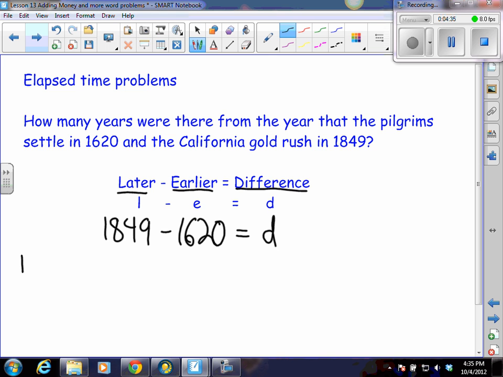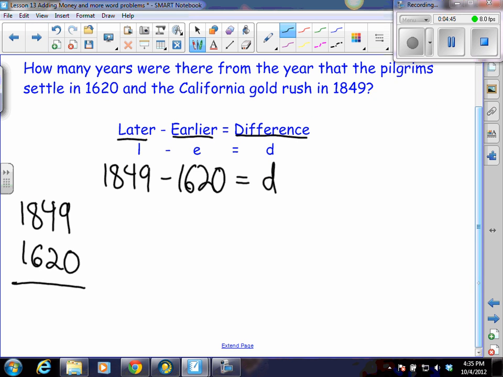And once again, I'm going to switch this to the vertical so we can subtract this much faster. 9 minus 0 gives us 9, 4 minus 2 gives us 2, 8 minus 6 gives us 2, and 1 minus 1 gives us 0. And so we have 229